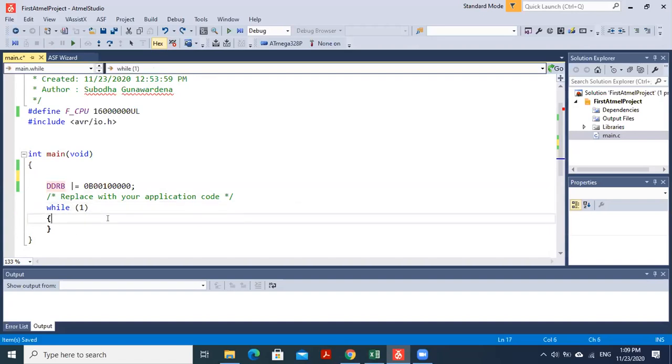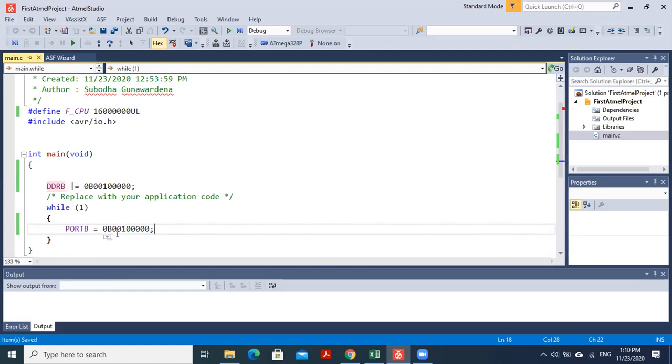So first we'll set the value of the pin as 1. That means I'm going to set the value of the pin as high. So for that, I'm going to change PORTB equals to 0B00100000, right? If I do this, fifth pin will be 1 and the rest will be 0.